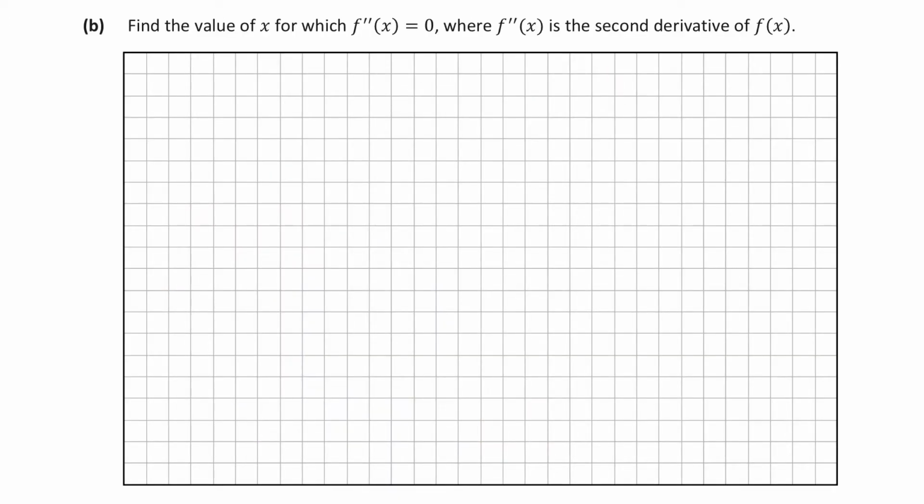So part B asks us find the value of x for which f double dash of x is equal to 0. So f double dash of x is the second derivative of x. So what they want us to do is get the second derivative. Okay. So what we need to do there is fill in what f of x was. So we know from part A of this question that f of x is equal to negative x cubed plus 4x squared plus x